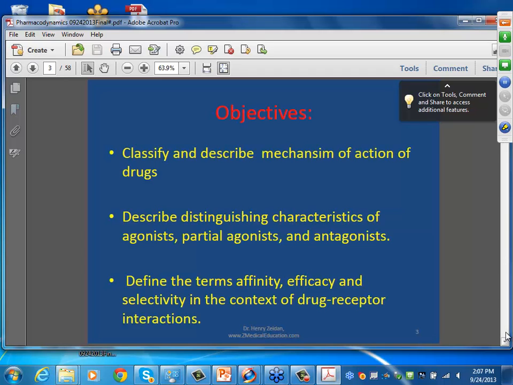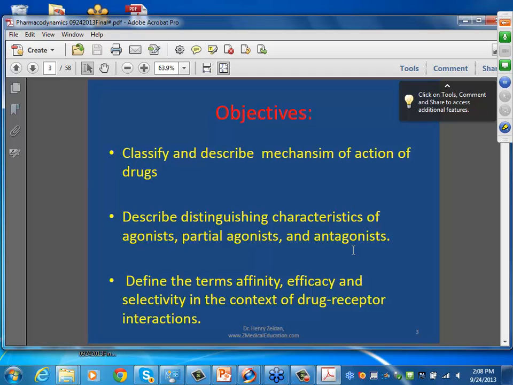The main objectives that we like to address is first to classify mechanisms of action of drugs. We like to understand how drugs act. Do all drugs have to have receptors? And what is the nature of the receptors? So we're going to spend some time in defining mechanisms of action of drugs, and then we'll hit the target